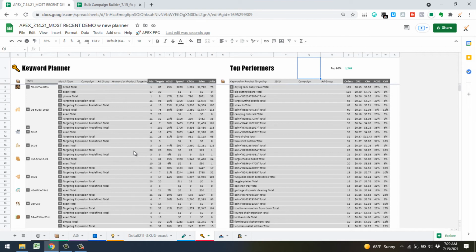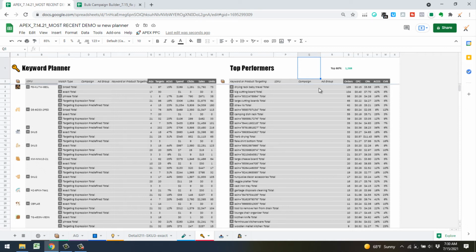So especially if you have a huge account, it can be difficult at a high level to get an understanding of how many match types you've got for each SKU, how many targets, and so on and so forth. So you've got two little summary tables here. This first one shows, at a higher level, how many ad groups are in each one, and how many targets are in those ad groups. It's got your metrics there as well. And then you've got a top performing search term list here,